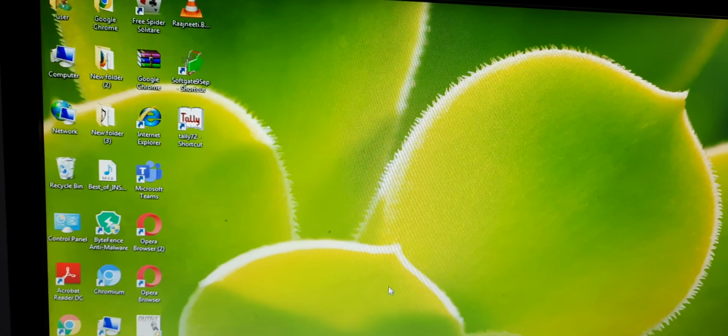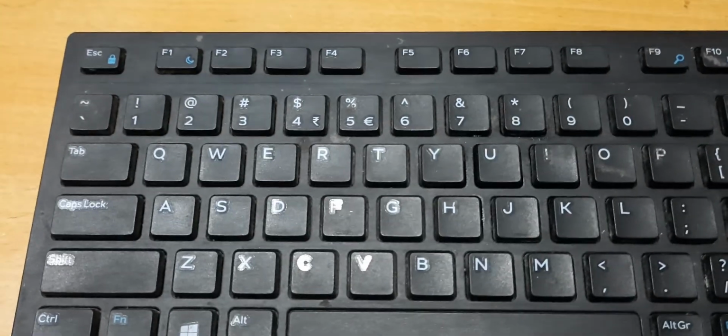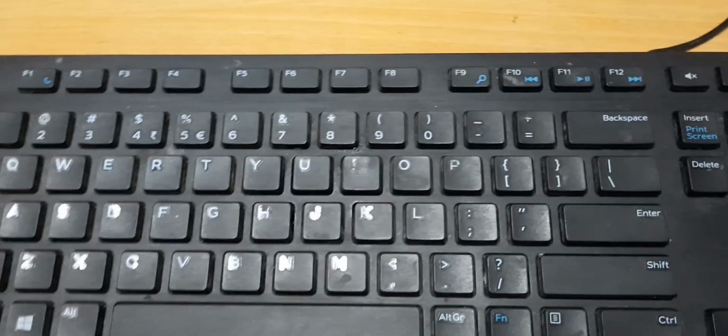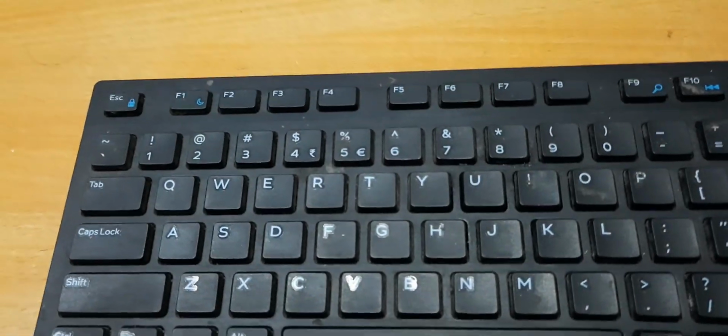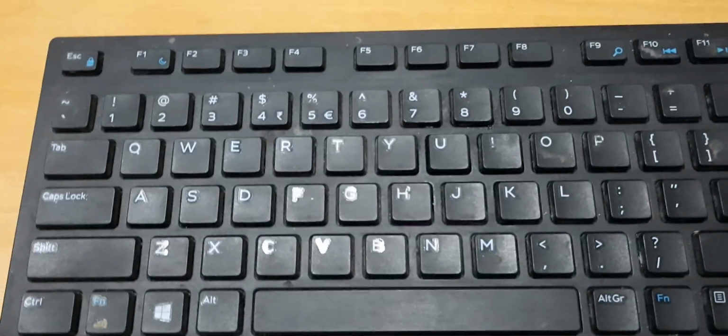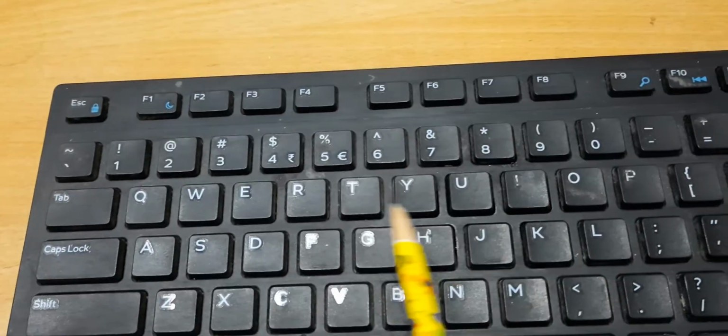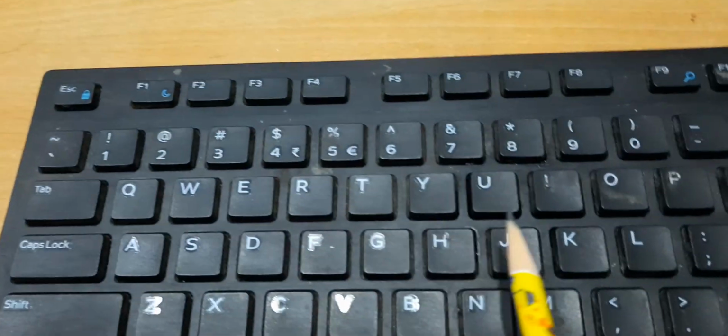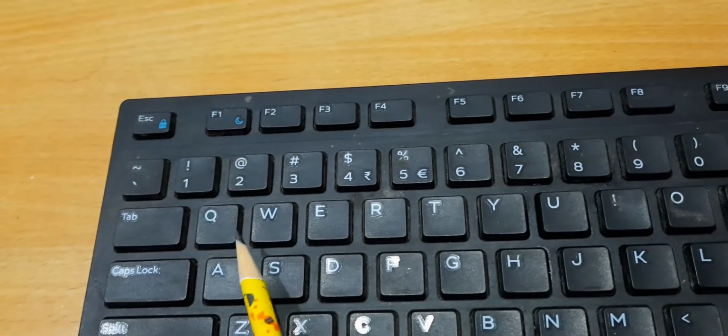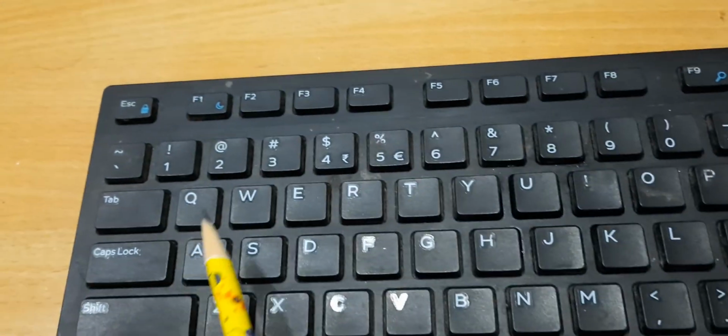Okay children, now we will learn a bit about the keyboard. This is the keyboard. On the keyboard you can see many keys, so I am going to tell you a bit about the keys which you can use or must be using even now. See children, these are alphabet keys. All the alphabets are given as keys here, but they are not in alphabetical order. As you can see, they are not like A, B, C, D. It is not given in that order.